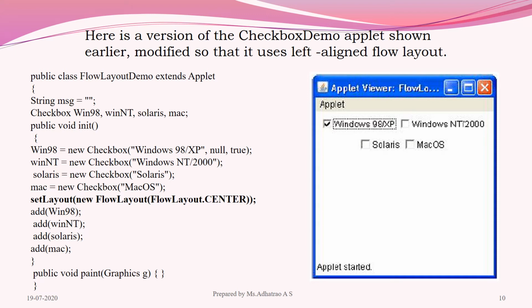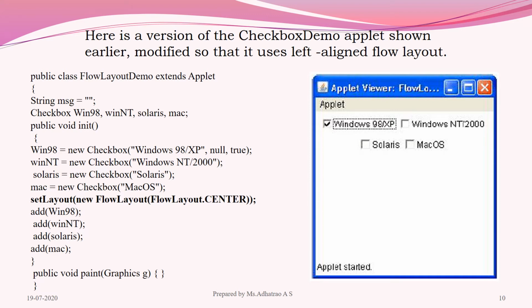First, you have to initialize or define the components. After that, you need to use the method setLayout to define your layout manager. In setLayout, you need to pass the object of your layout. So here I am using the example for flow layout.